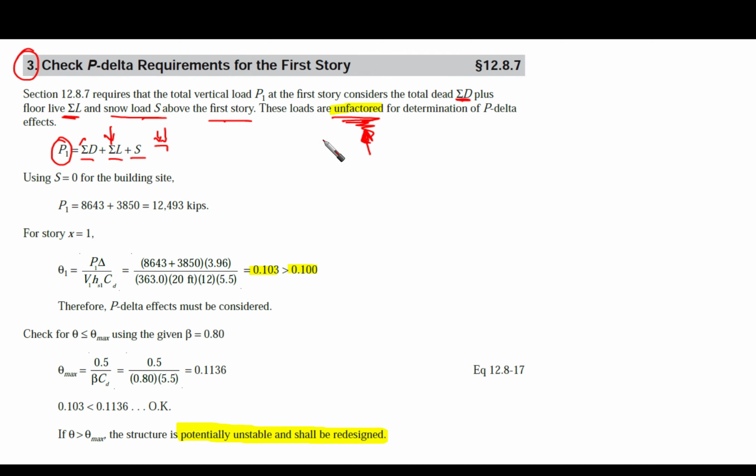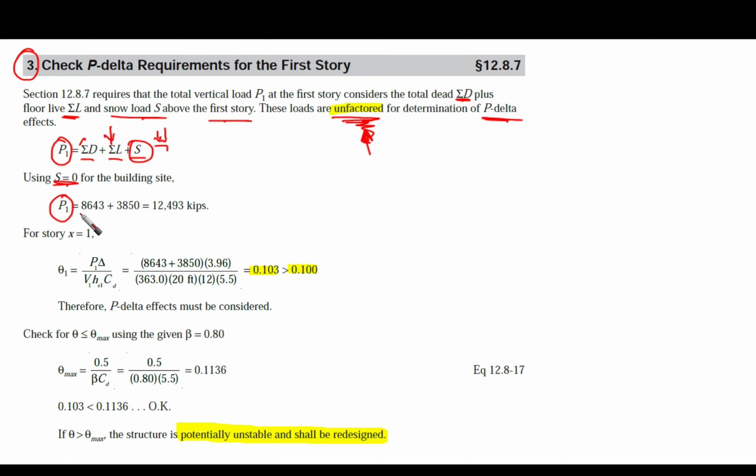It should not be used. Okay, it should not be used for determination of P delta effects. Consider it as service load as you are checking the serviceability limit state. In our case, there is no snow load, so snow load is 0 for the building site, and P1